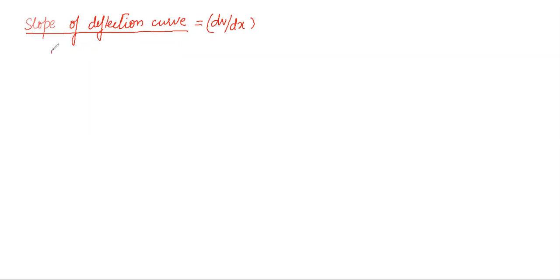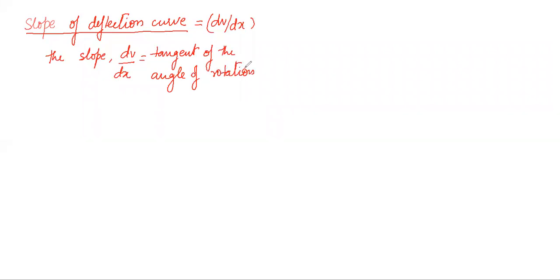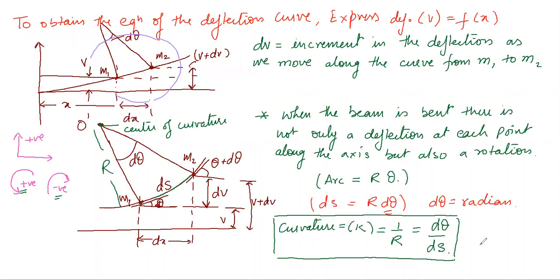The slope, that is dv by dx, is also defined as the tangent of the angle of rotation. So you can see this condition. This is basically dx, and this is basically dv. So this is the tangent, because dx and dv are very small,